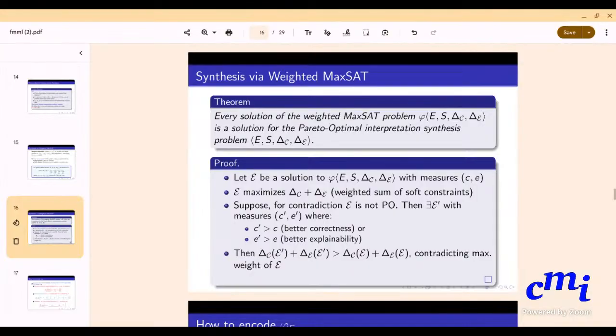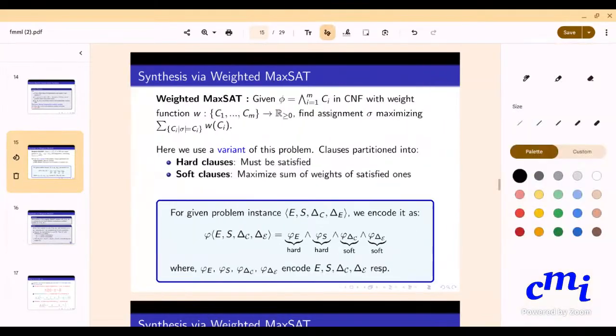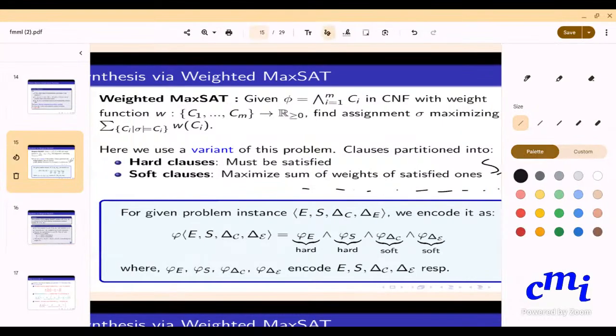But how will you even prove this unless you have? So this is a mix-up. This was supposed to come after the definition. But what I'm saying is you have to have a slide. Go to the previous slide, split it, the max, and then you can explain the thing. Split it, and then one slide which explains how you're encoding at the top level with description of what phi E is, intuitively, what is phi E?